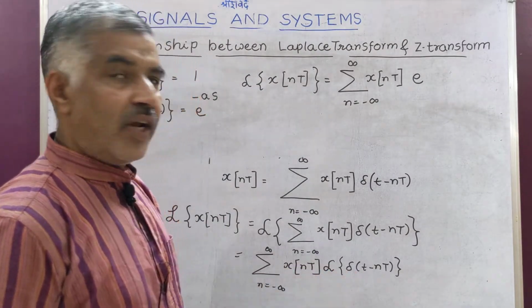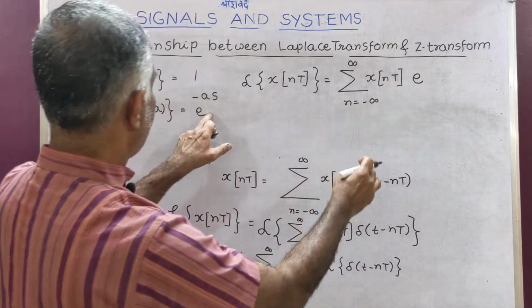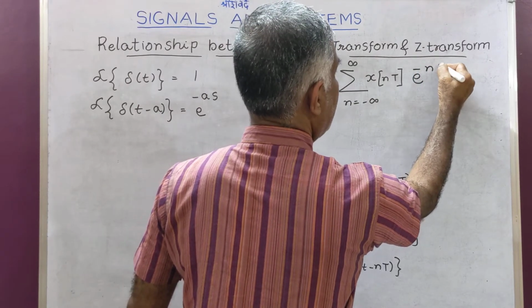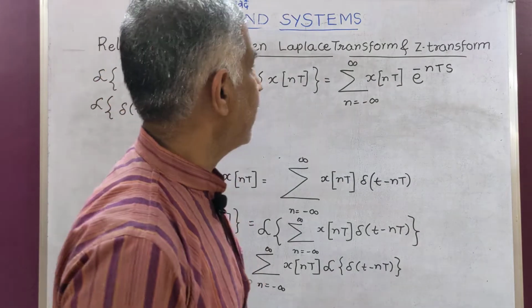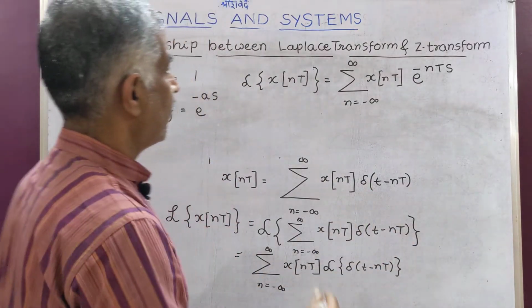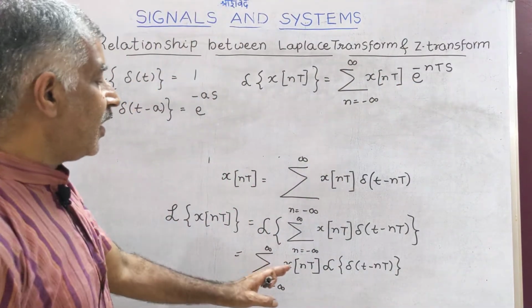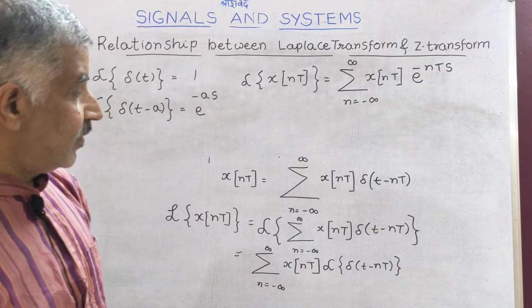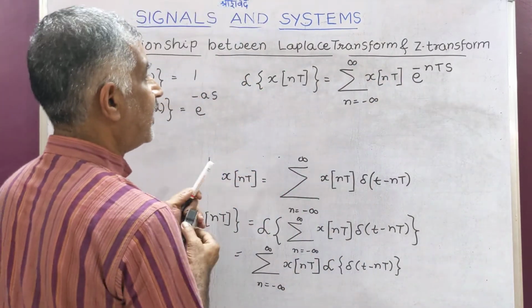The Laplace transform of a shifted impulse function is e power minus nT s, where s is known as the complex frequency of the Laplace transform. This is the result after taking the Laplace transform of shifted impulse functions. Now one can rewrite this as